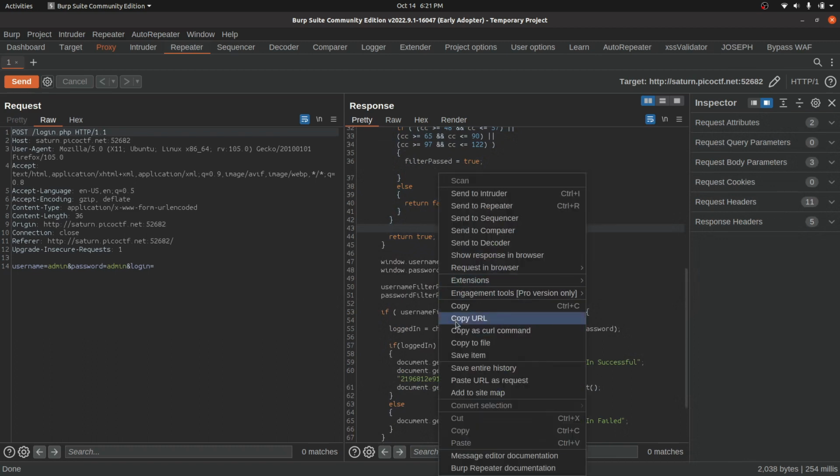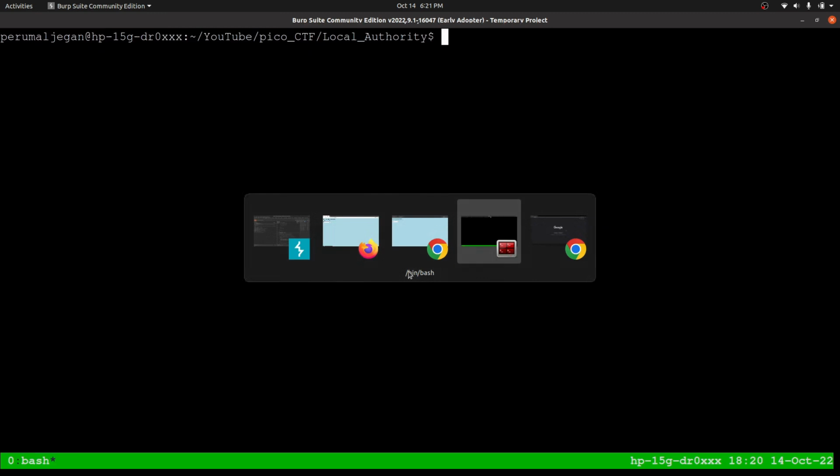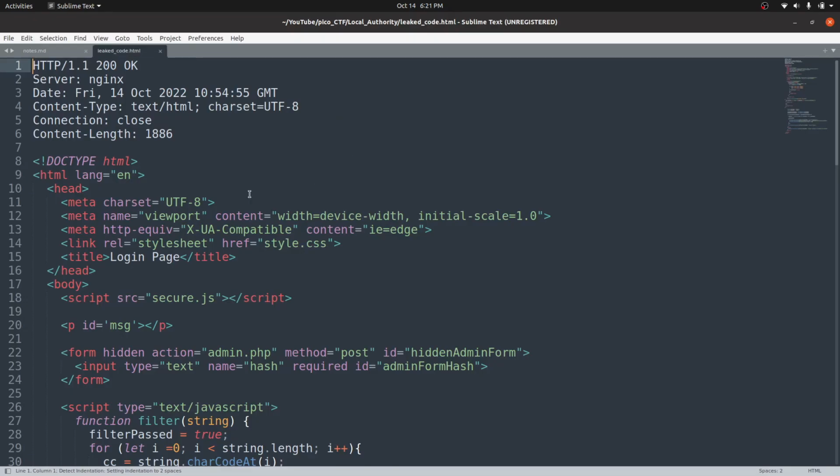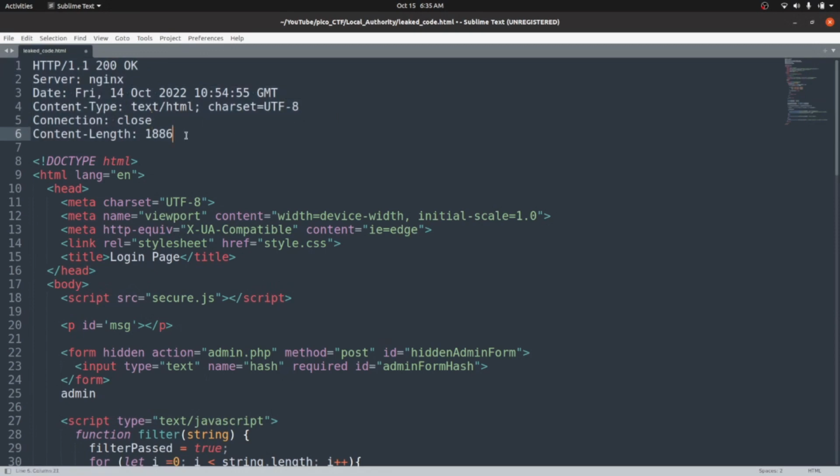As I said before, I'm just saving it into a file. I already created a directory for this, and I'm opening that file. I already stored the file in the documents as leaked code. So I'm simply opening it with the Sublime Text editor. The first 6 lines are the response header. Now we need to